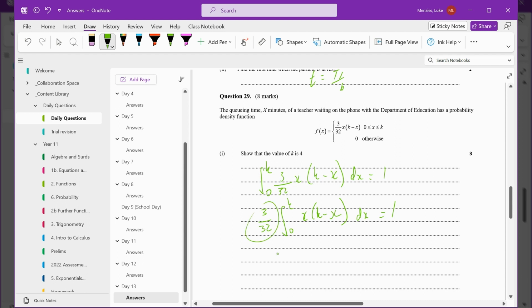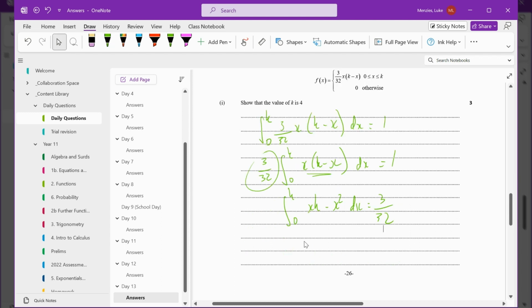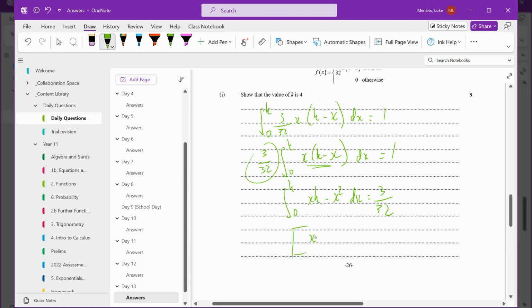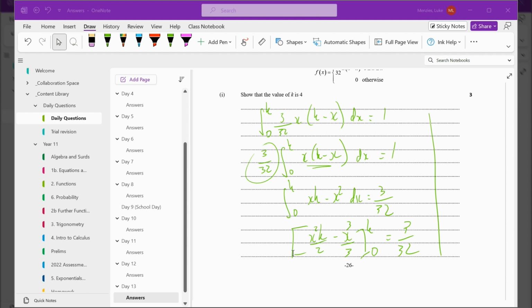And what I might do, just to make my life easier, is get rid of this 3 on 32 by moving it to the other side. I'm going to expand this a little bit so we don't have to use any chain rules or anything. So the integral from 0 to k of x(k minus x) dx is equal to 32 over 3. We can integrate that. So that becomes k x squared on 2 minus x cubed on 3, between k and 0, is equal to 32 on 3. All right, so we can substitute in k's, and when we do that,